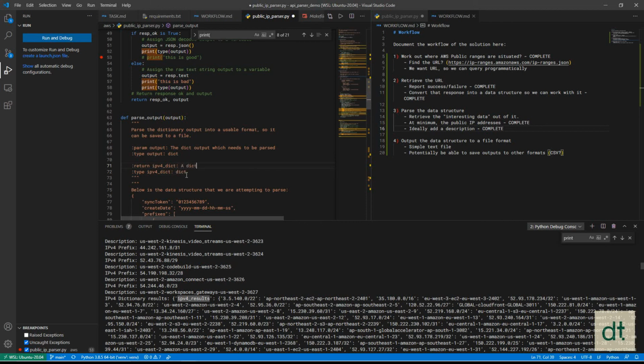Dictionary containing IPv4 prefixes and an auto generated